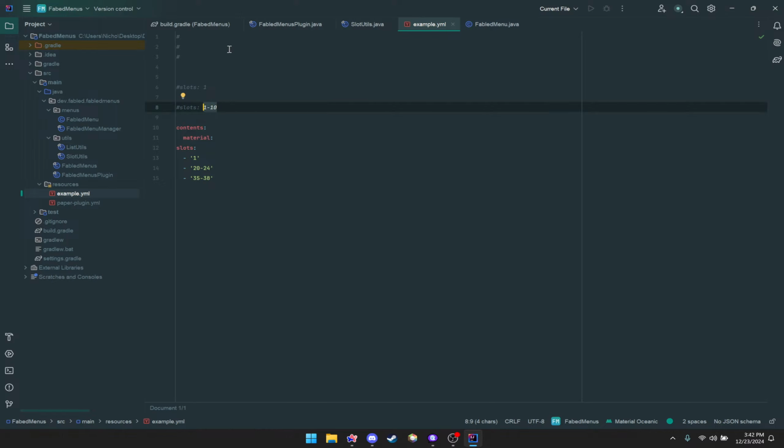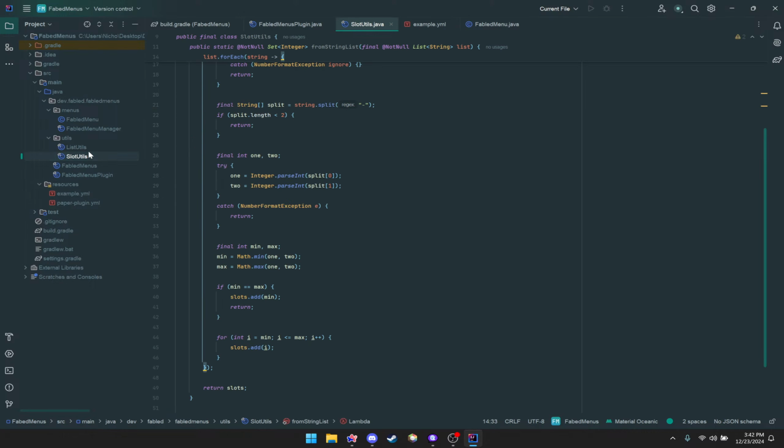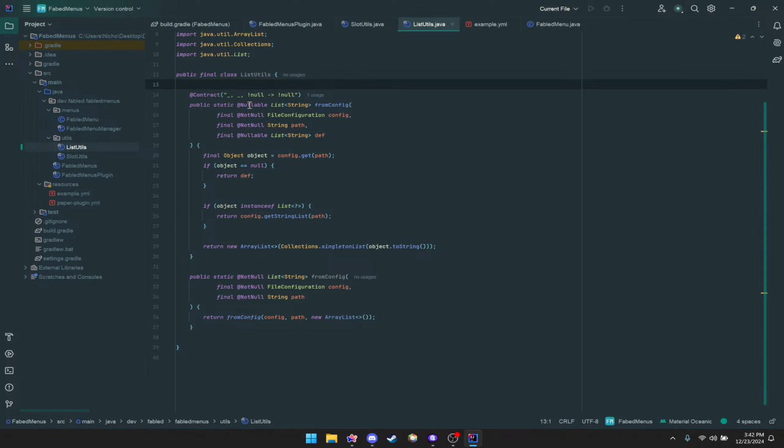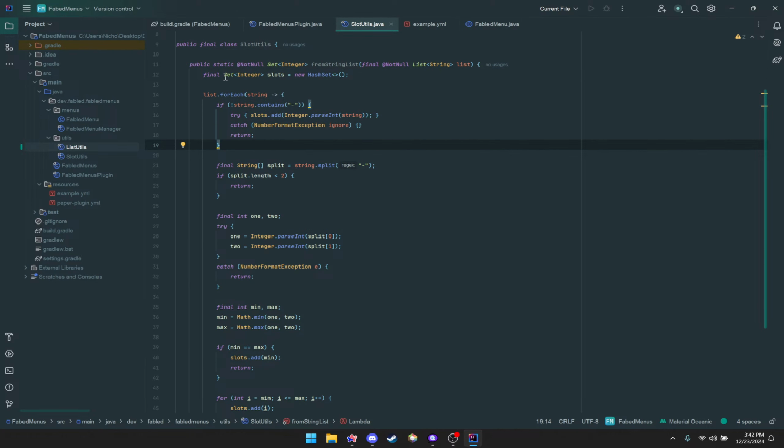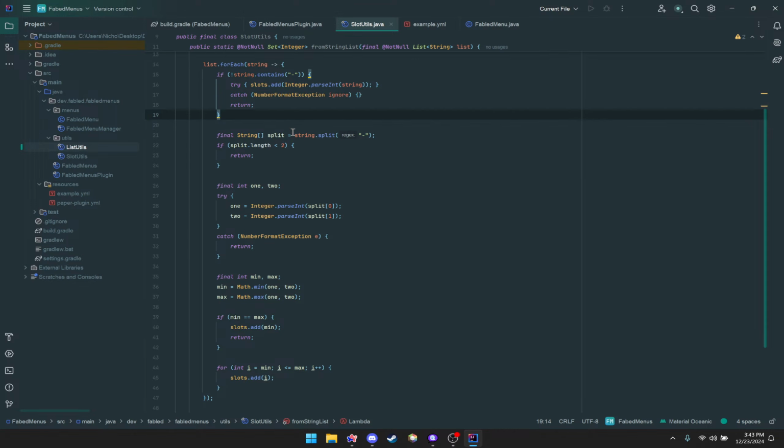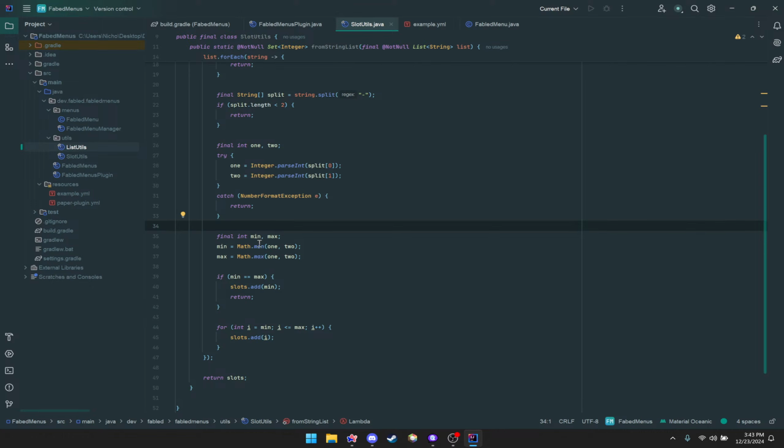First what I'm going to do is take this input and pass it through list utils to get it as a string list. And then I'm going to pass it into slot utils to turn that string list into a set of integers. In this, I'm going to loop through the string list that we got, and it's going to check if it contains a hyphen, then it's going to split it. So split 0 is the first one before the hyphen, split 1 is the second number after the hyphen, and so it'll loop from the first number to the second number and add every number to the set. So it'll add every slot from 1 to 10 inclusively